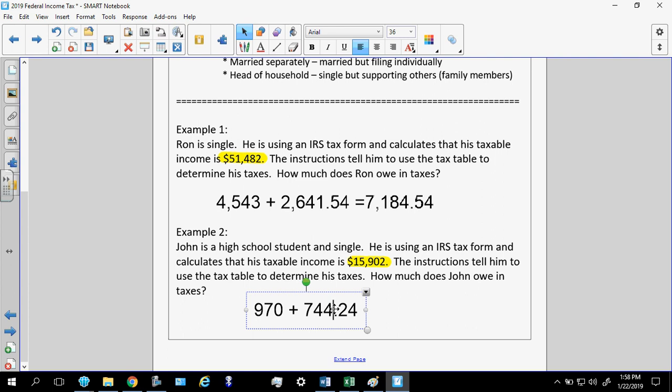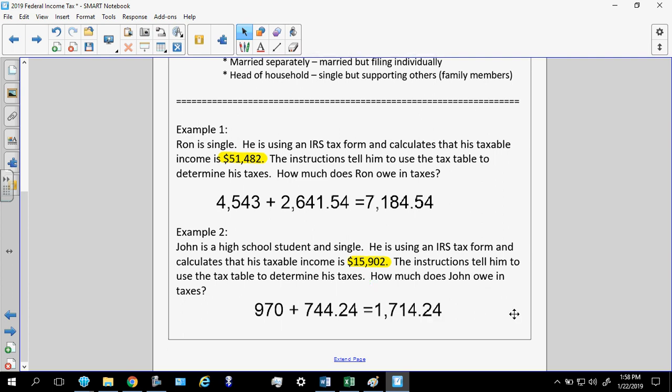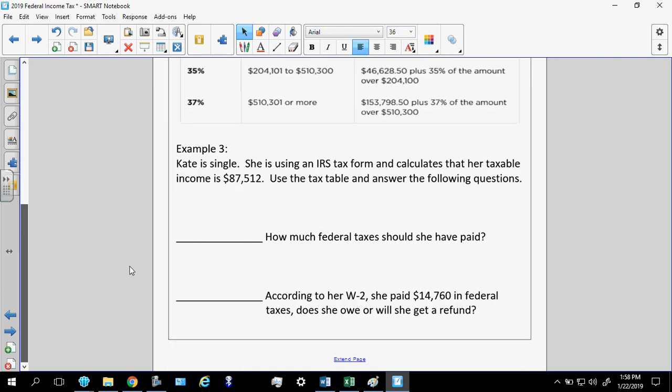how much money does John have to pay, being a high school student, not making a lot of money? That is $1,714.24. Okay. Now, last one, and that is example number 3, which is right up underneath the table. Now, Kate is single using IRS. Okay, so literally the same exact question again,